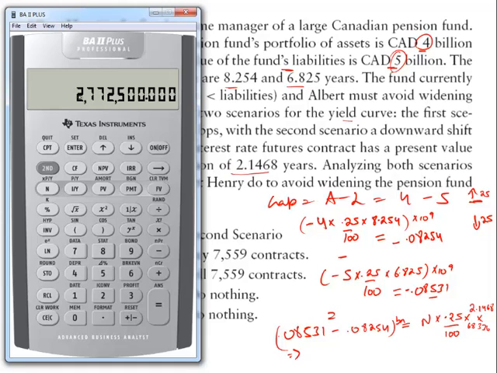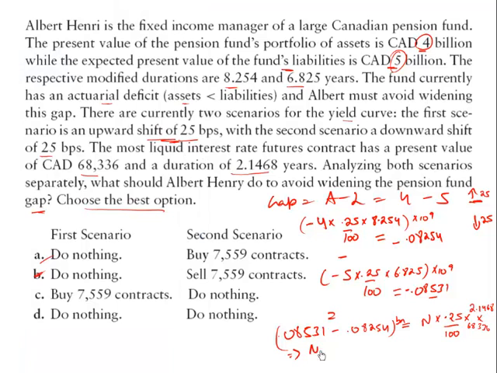So about $2.77 million is what our loss comes out to be. Store this in the memory register 4. So N comes out to be approximately equal to $2.77 million